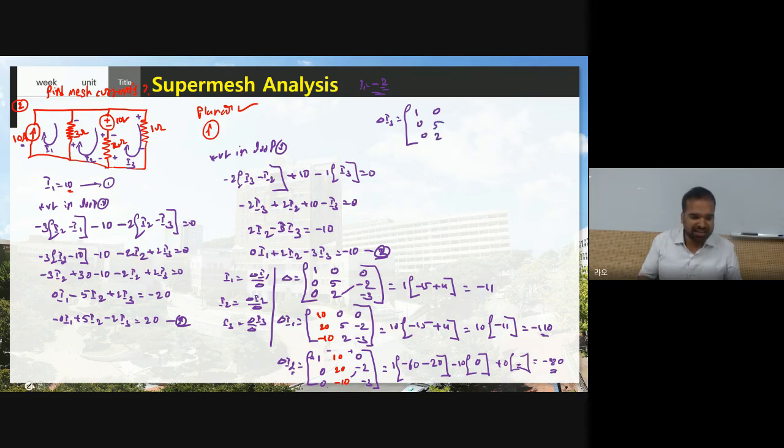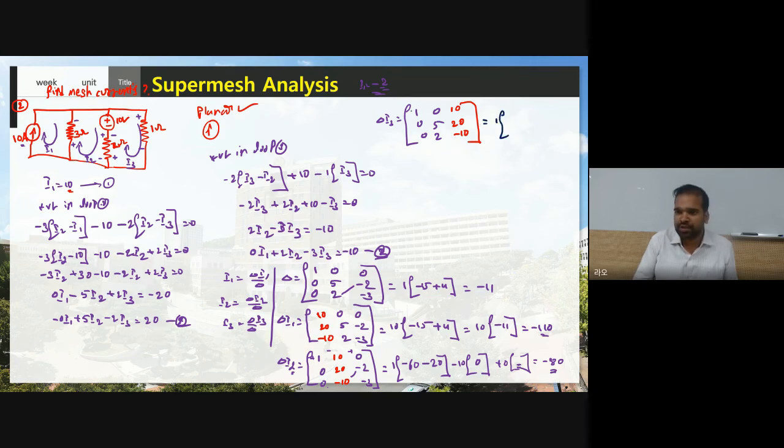Now instead of I3 terms, you will write what? The constant values. What are the constant values? 10, 20, minus 10. Now you need to understand delta I1, delta I2, delta I3. So first, instead of I1, I have written constant. Delta I2, instead of I2, I have written constant. Delta I3, instead of I3 terms, I have written constant. And remaining everything is the same as delta.